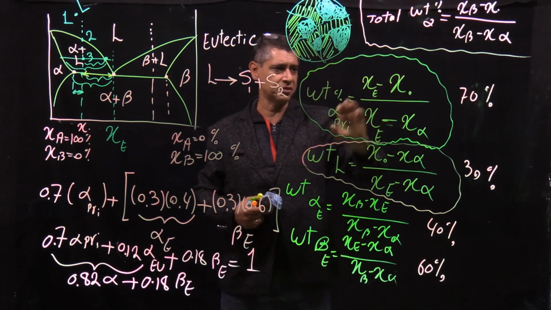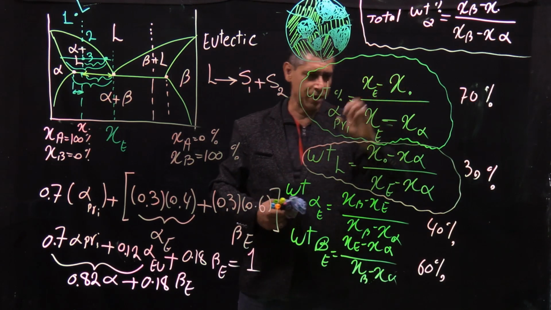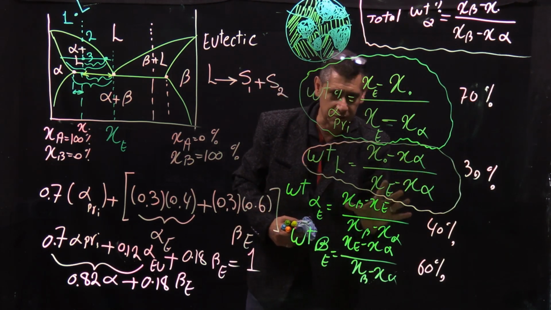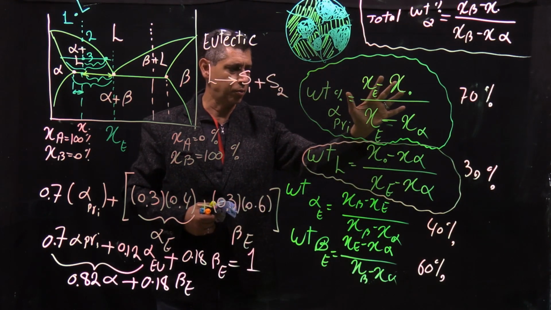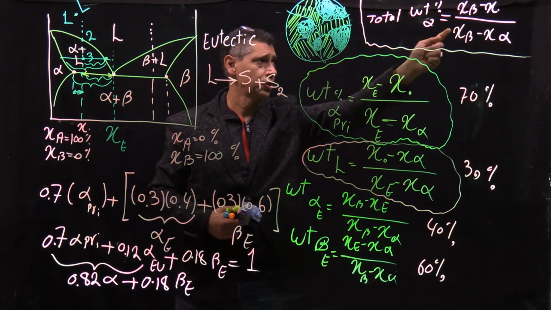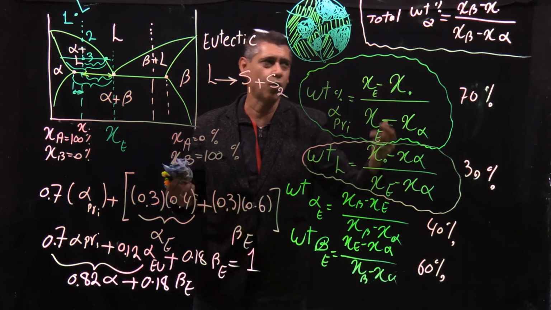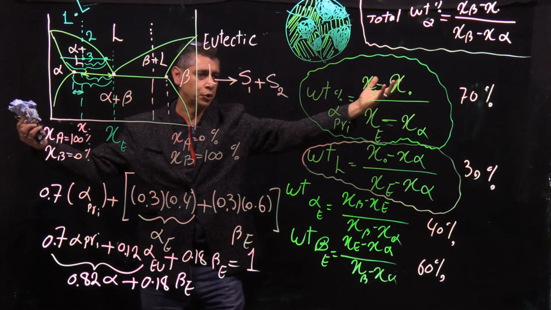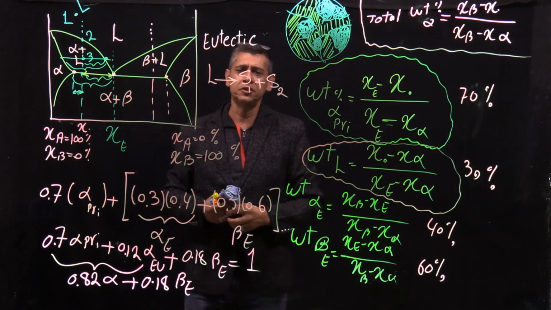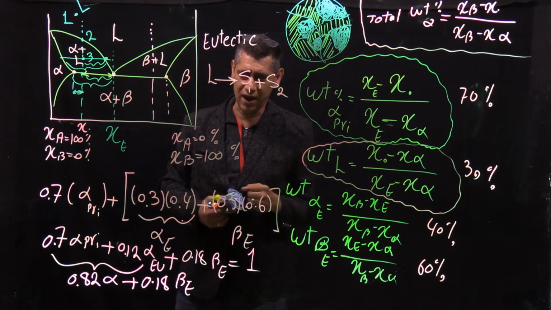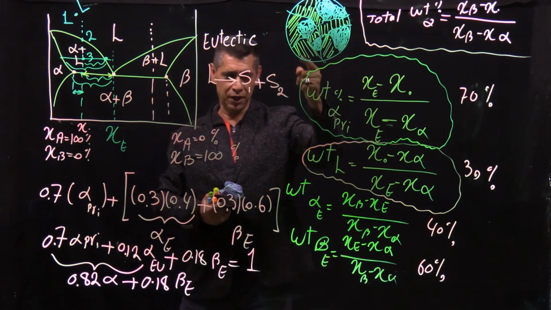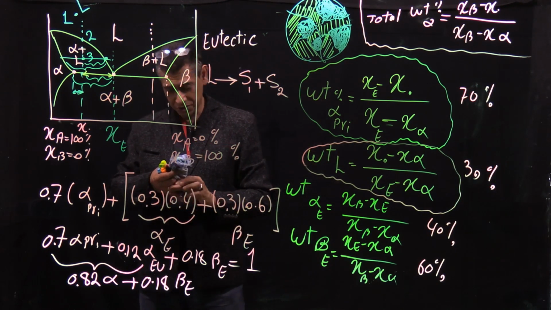So you have this is the primary, plus this multiplied by this term, plus this multiplied by this, should be exactly the same thing. So you might say, why don't I use a simple form? You could. But sometimes you are not interested in the total amount of alpha. You want to know how much primary alpha you have and how much eutectic alpha you have. And more interesting is,